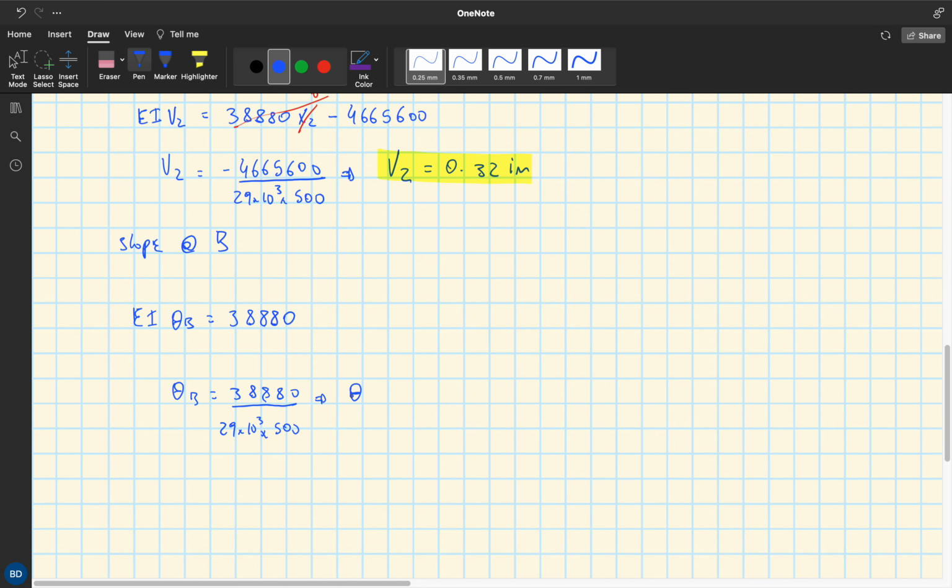And this is going to tell us that theta B, if you do these calculations, is going to be 2.68 times 10 to the negative 3. This is going to be in radians. If you just want to rewrite it to remove the exponent, we have theta B is equal to